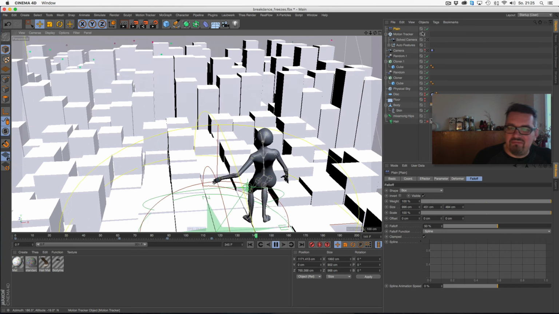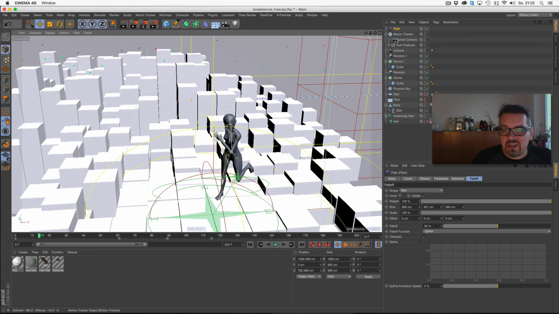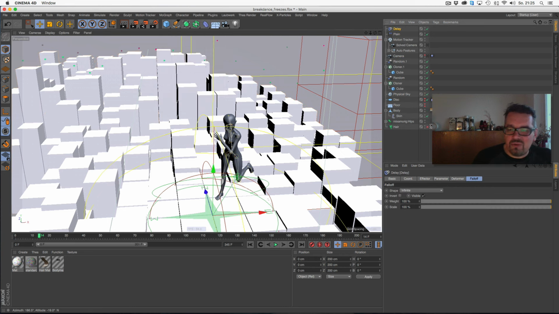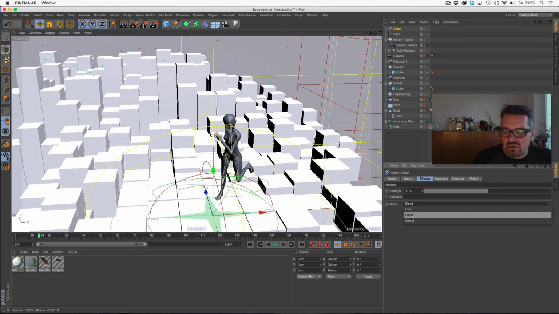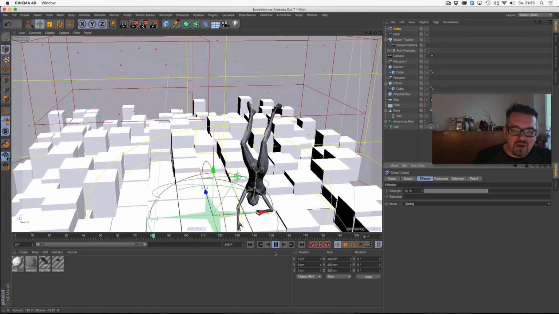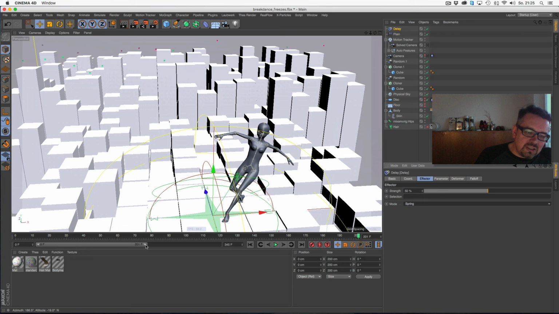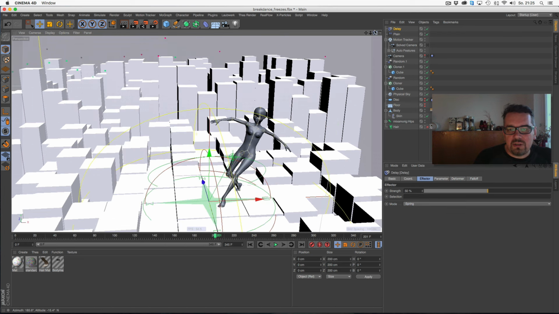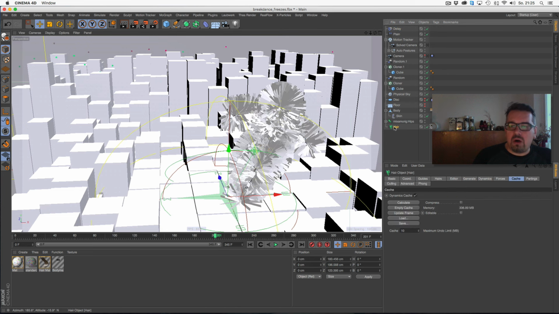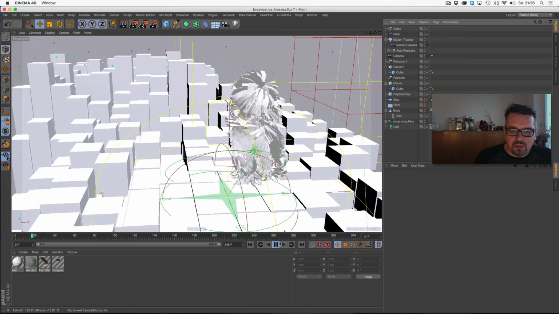And for those who want more dynamics, you can put in a delay effector and set it to spring, and now everything is animated very smoothly. It's very easy doing stuff like this in Cinema 4D with the MoGraph system, but our thing today is just the funny dancing guy.